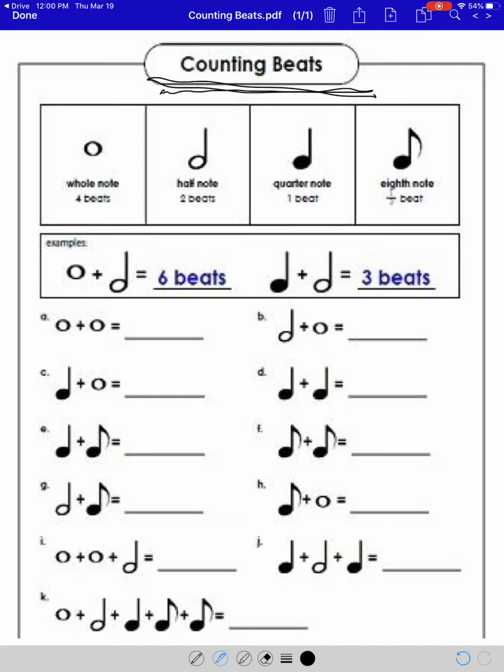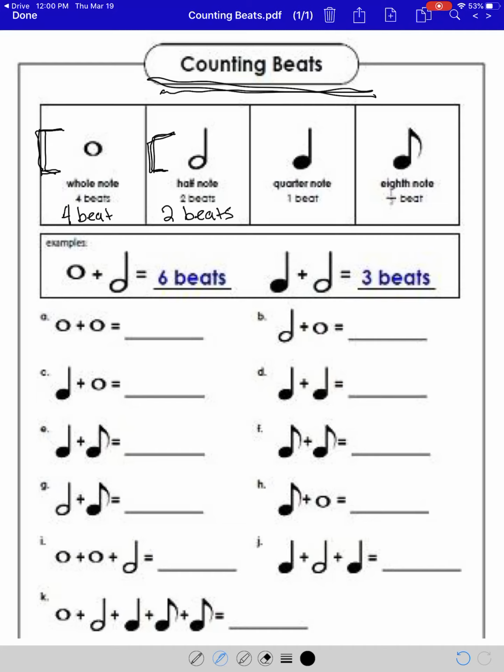So the first thing that we're going to start off with are our whole notes, which are right here. A whole note gets 4 beats, and sorry the sheet is a little pixely, but it gets 4 beats. So anytime you see that note, it's going to be 4 beats. Next we have our half note here. Half notes, as you can see here, get 2 beats. So if I had 2 half notes, they are the same length as 1 whole note, because 2 plus 2